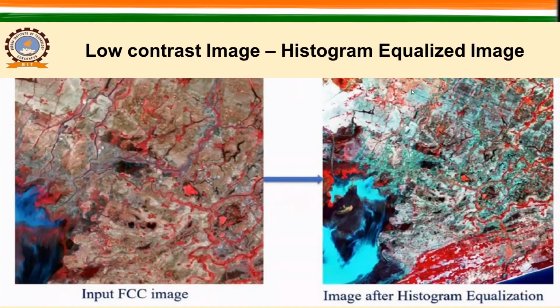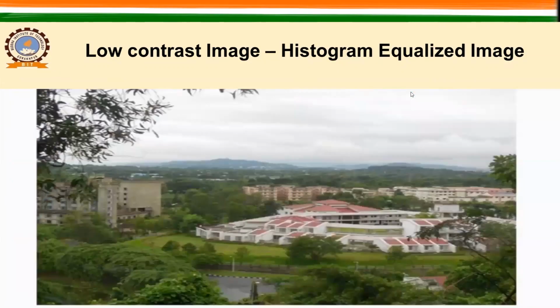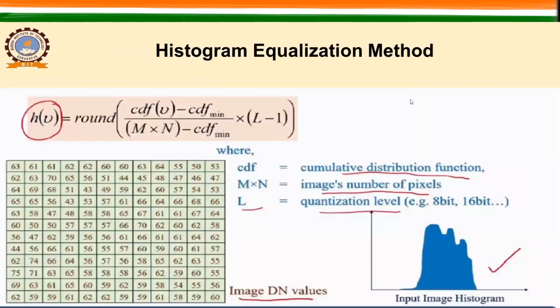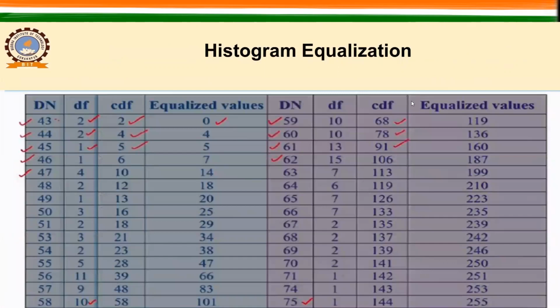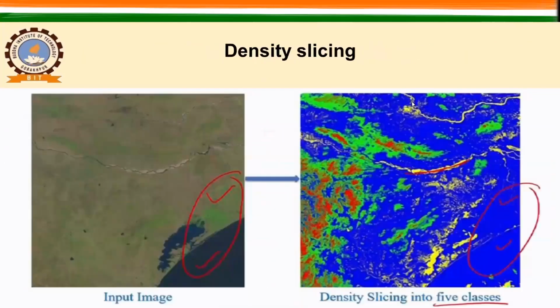ठीक है, तो ये एक और एग्जाम्पल है आपके पास हिस्टोग्राम से रिलेटेड, हिस्टोग्राम इक्वलाइज रेंज से रिलेटेड, राइट. तो ये आपका एक तरीका है जो मैं आपसे हिस्टोग्राम इक्वलाइजेशन मेथड के बारे में बात कर रहा था. ठीक है, तो ये 43 से स्टार्ट करके हम 75 तक आते हैं. ठीक है, तो हम देख सकते हैं कि यहाँ पे किस तरह से हम इसको कैलकुलेट कर रहे हैं. सो दिस इज अबाउट द हिस्टोग्राम इक्वलाइजेशन मेथड. हम इसी तरीके से जो है इन सारी चीजों को कर सकते हैं. ठीक है, ये सारी चीजें आपकी इनहांसमेंट टेक्निक में आती हैं.